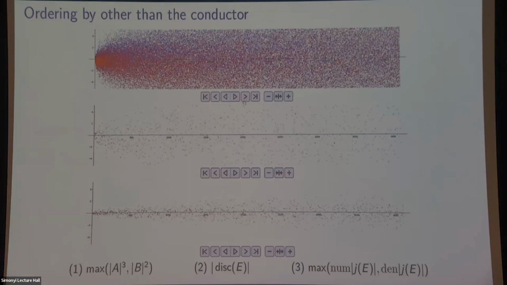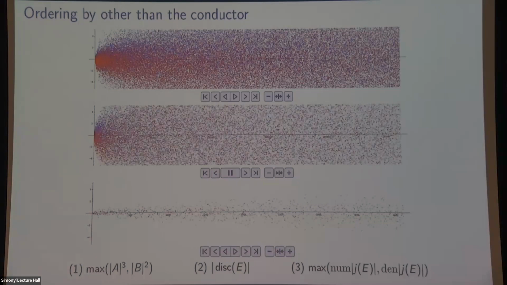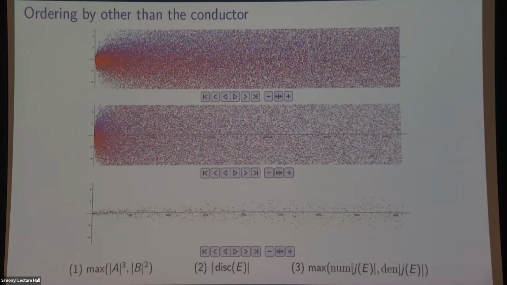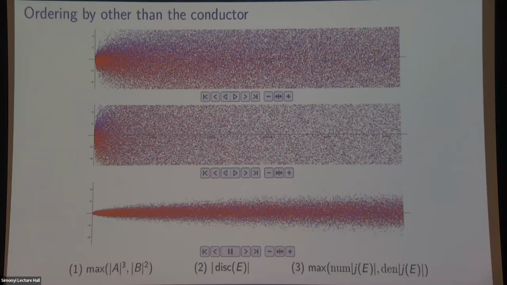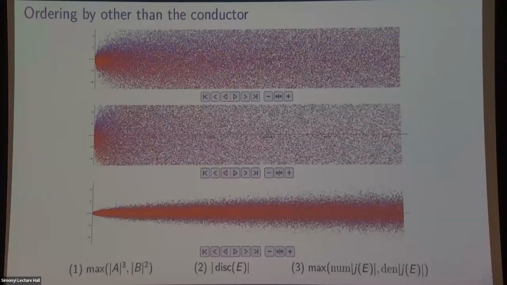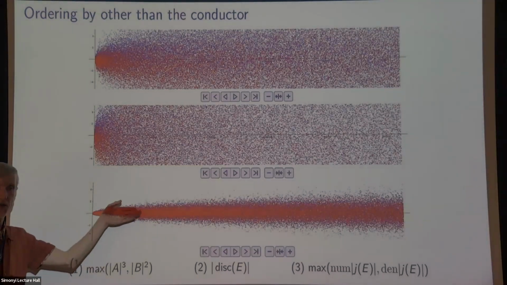All right, let's try by discriminant, which is very close to naive height, but there could be cancellation, and the discriminant is closer to the conductor, so this is a reasonable thing to try. Again, just a lot of white noise. You can see it's not the same as ordering by height, but no murmurations in sight. All right, let's try by J invariant. Interesting. It stays a little closer to the origin, but there's definitely no separation between rank 0 and rank 1. Again, the red is here just because there are red dots on top of blue dots. If I plotted the blue dots second, it would be all blue.